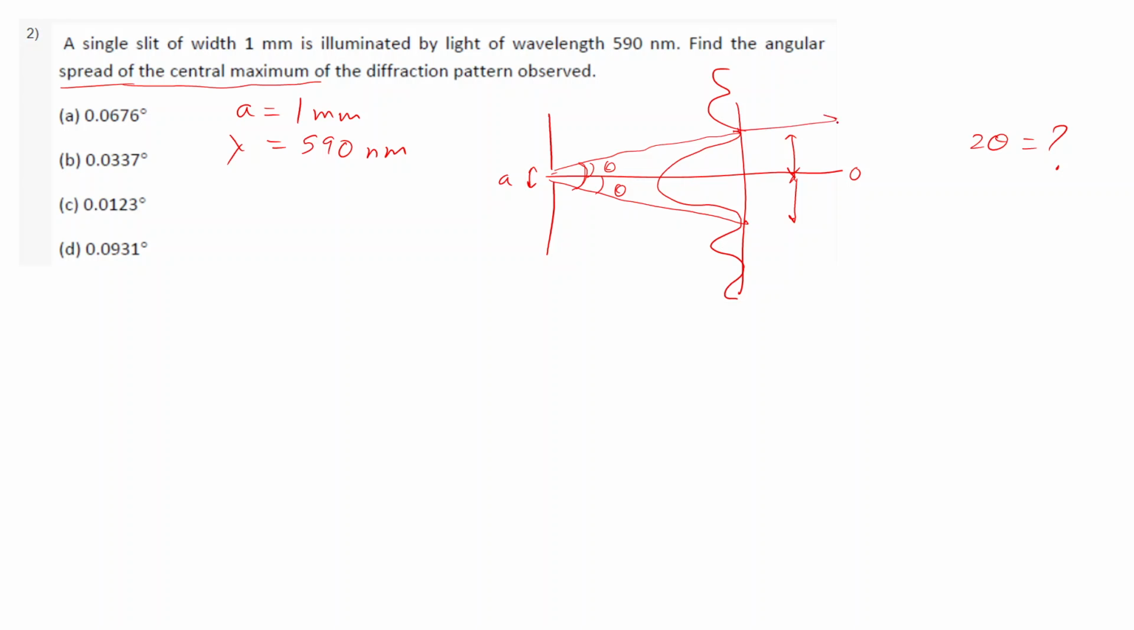So again, if we start with our condition, this is the central bright maxima, this is first minima, and this is again first minima on the other side, and we have to find out the angular spread between these. So again, using the condition of diffraction minima,